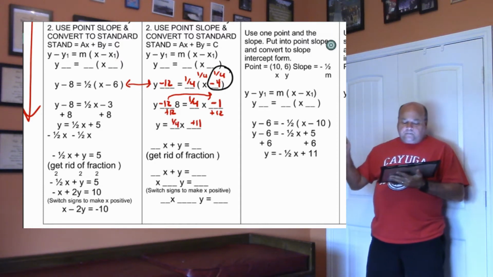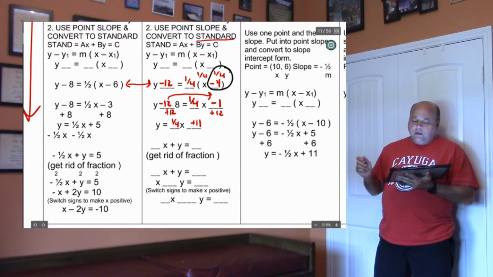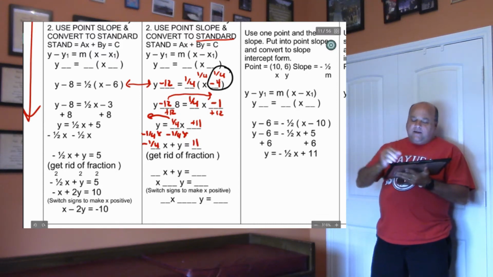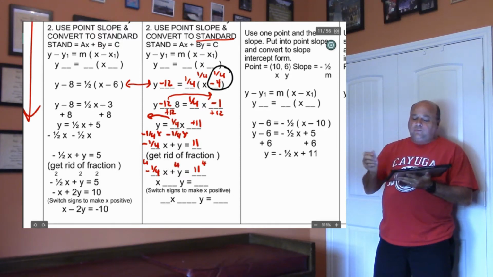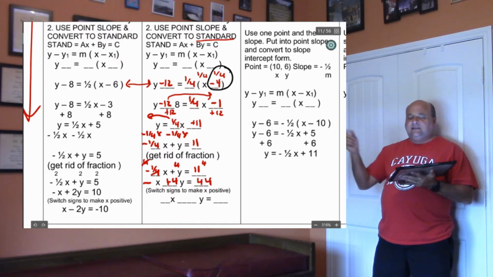That is slope-intercept form in there. Now then, we want standard form, don't we? Okay, so we're going to take the 1/4 x and move it over. So that's going to subtract 1/4 x from both sides. And we're going to have negative 1/4 x plus y equals 11. Now then, we have to get rid of the fraction. So negative 1/4 x plus y equals 11. You distribute the denominator, and that gets rid of the fraction right here. So we're going to have negative x plus 4y equals 44, and then the x can't be negative, so we